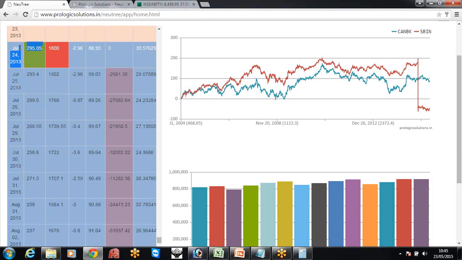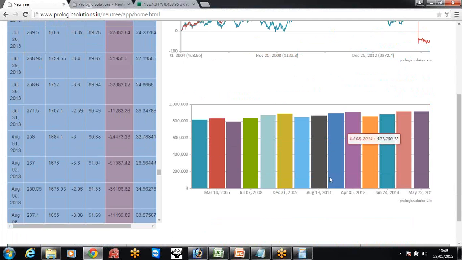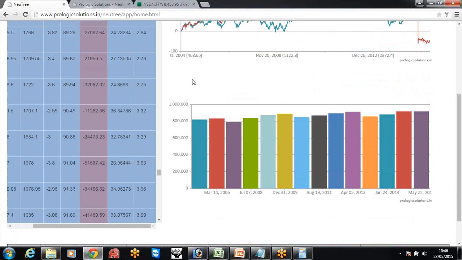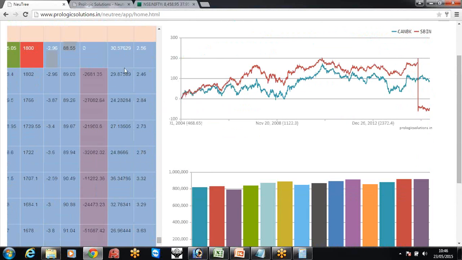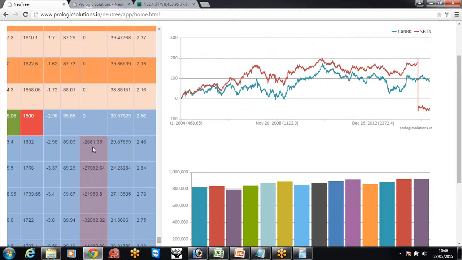Here we have a Can Bank buy and here SBI short. 2.96 it started. 88% is the correlation. You can see there will be a problem with the volatility. So 2.56 is your volatility. That is also fine. So it started in